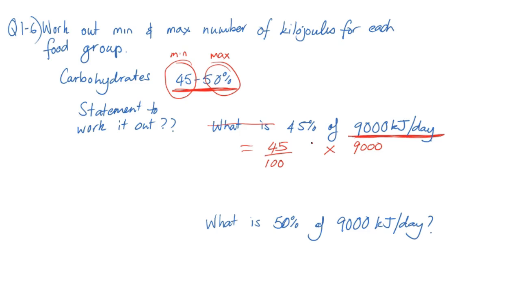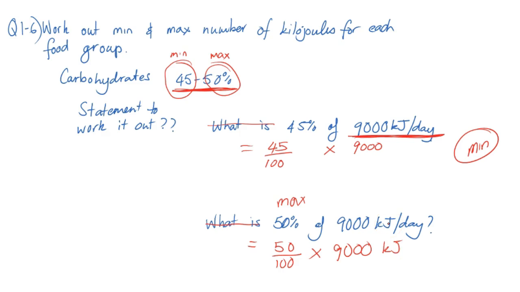Then on the other side of that, that's your minimum amount. You have to work out what the maximum amount of carbohydrates is. And again, you just do the equation, but this time we've got the maximum value in it: 50% or 50 over 100 times 9,000